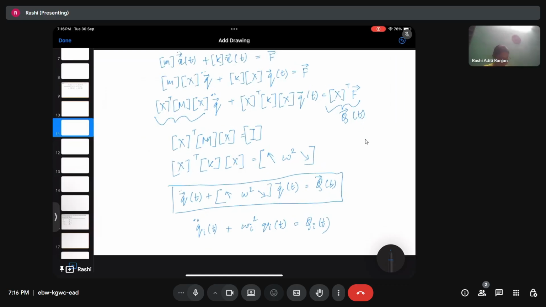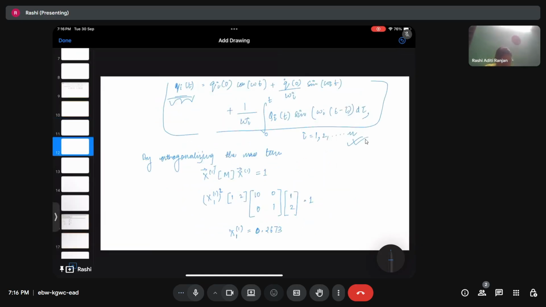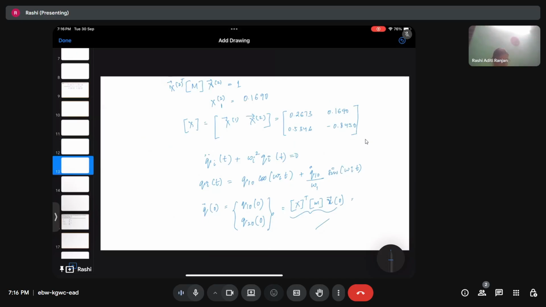This was because of initial displacement. This was because of initial velocity. For this question, our initial velocity was 0, and this third one, which was because of external forcing, it was 0. So while finding out q, we considered only this one, and hence we used the equation